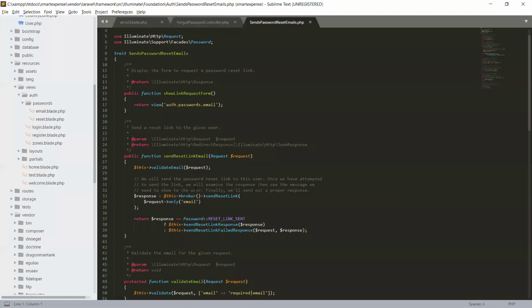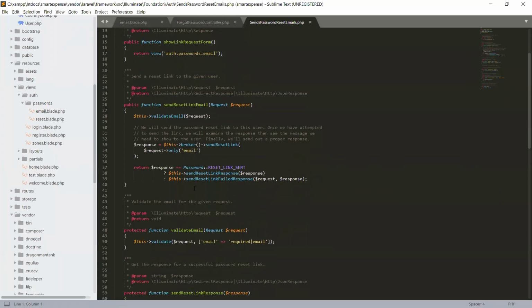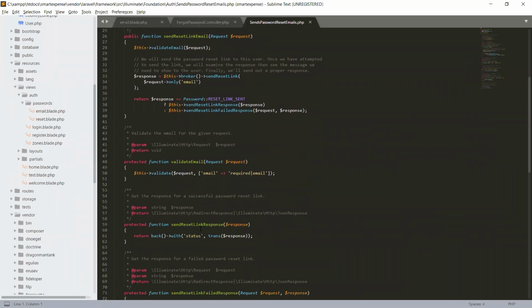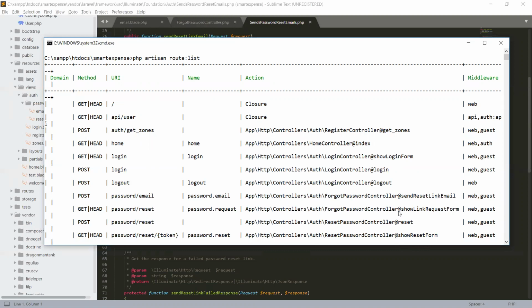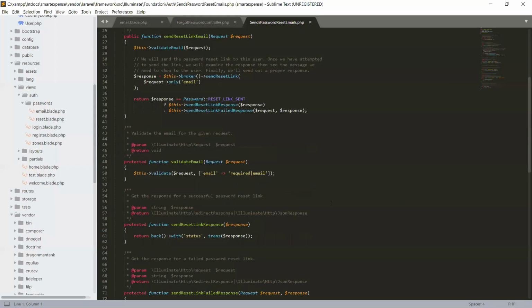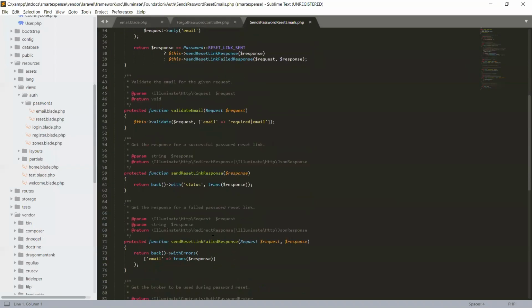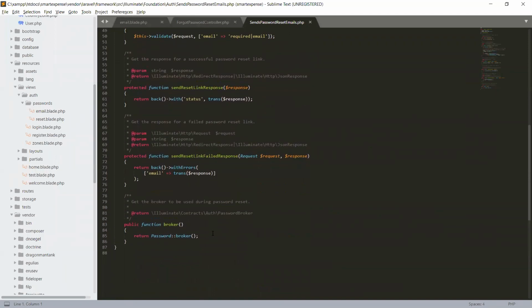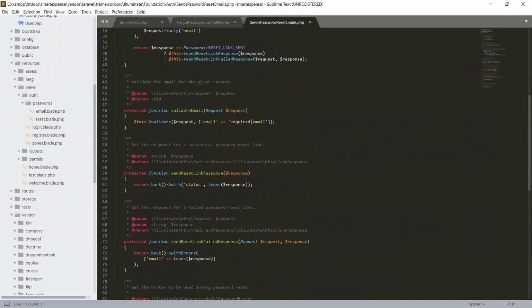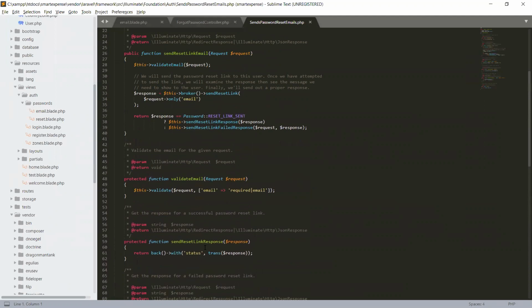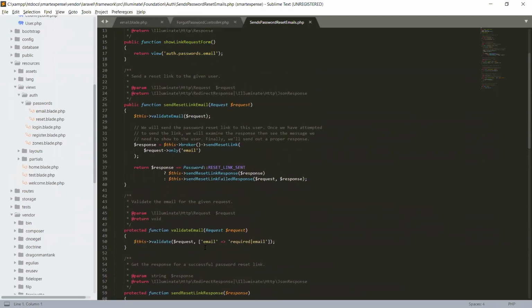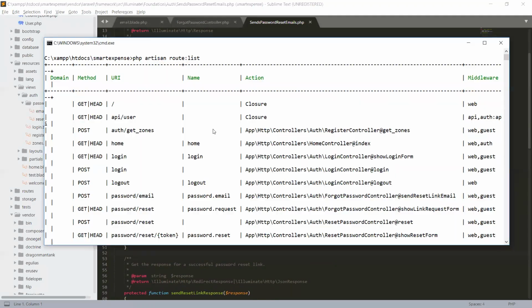Further, if we go deep into it, what is sendResetLinkEmail?